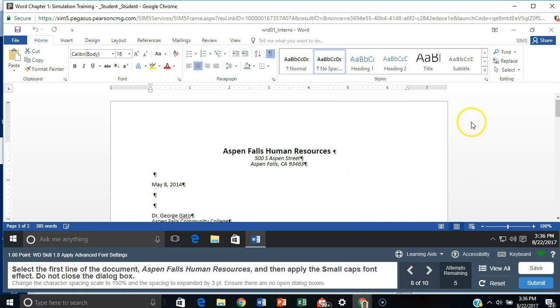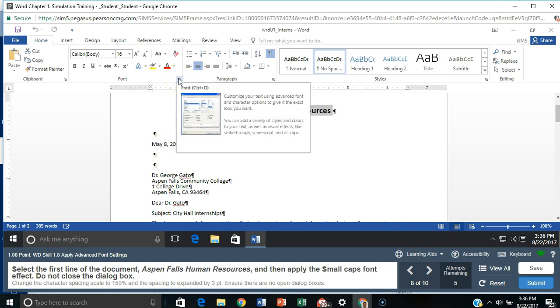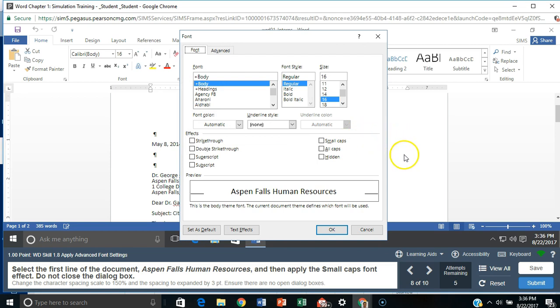Okay. Now we're going to select the first line of the document and apply the small caps font effect. So again, we take this first line, just the first line. Just drag your cursor across there and highlight that. And we're going to apply the small caps effect. So to do that, we have to go up here to the font, and we have to launch the menu to customize it. And once we launch that expanded menu under the font, we can select the small caps effect